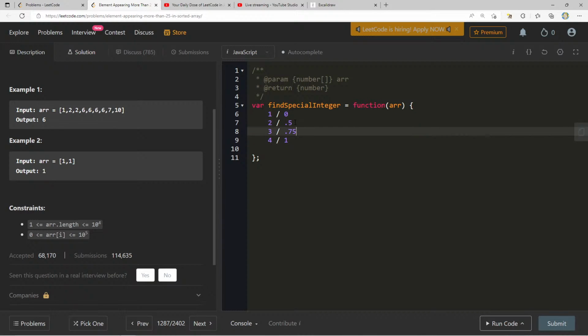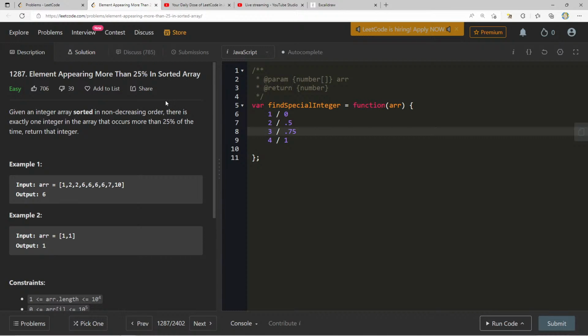So that's almost like two something, right? So how can we use... there's got to be something special about the index where that number starts, based on the fact that it's 25% in a sorted array. Because if it was 50% of the time,